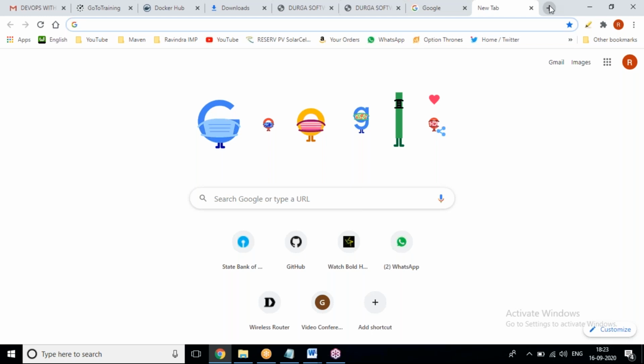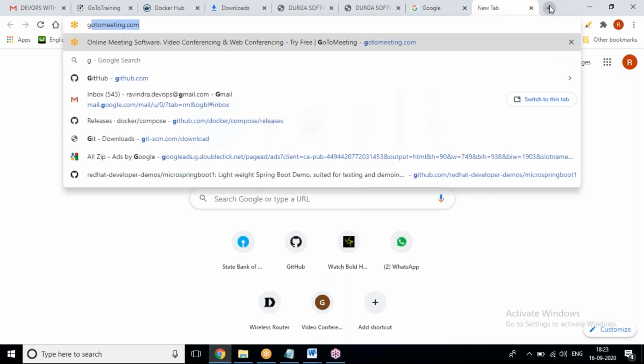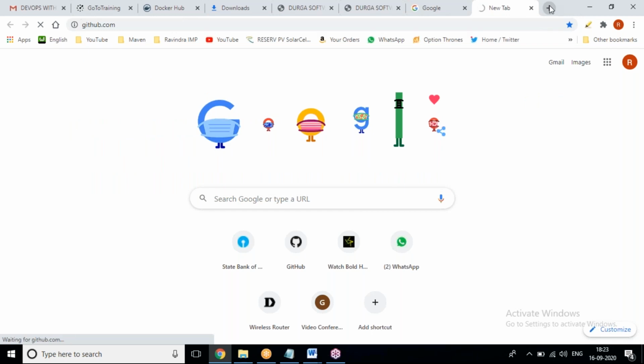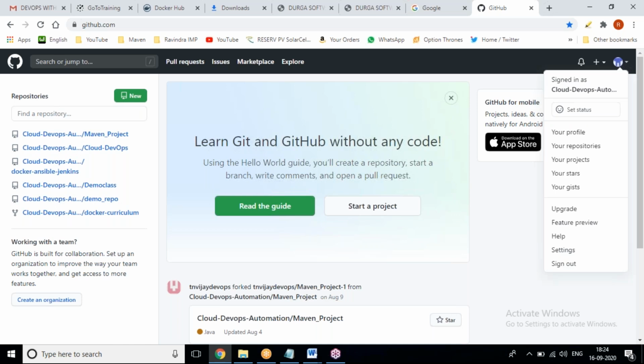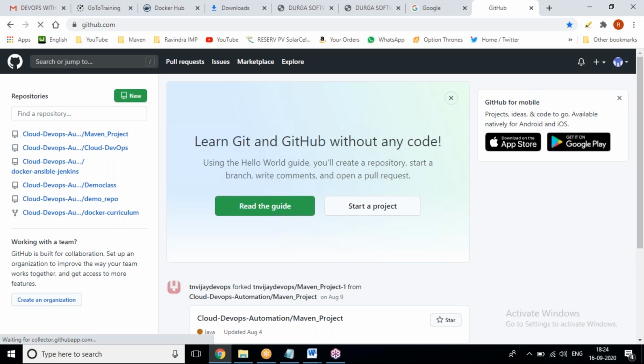Open your browser and go to github.com. This is my old one. Now I'm going to sign out for creating a new one.